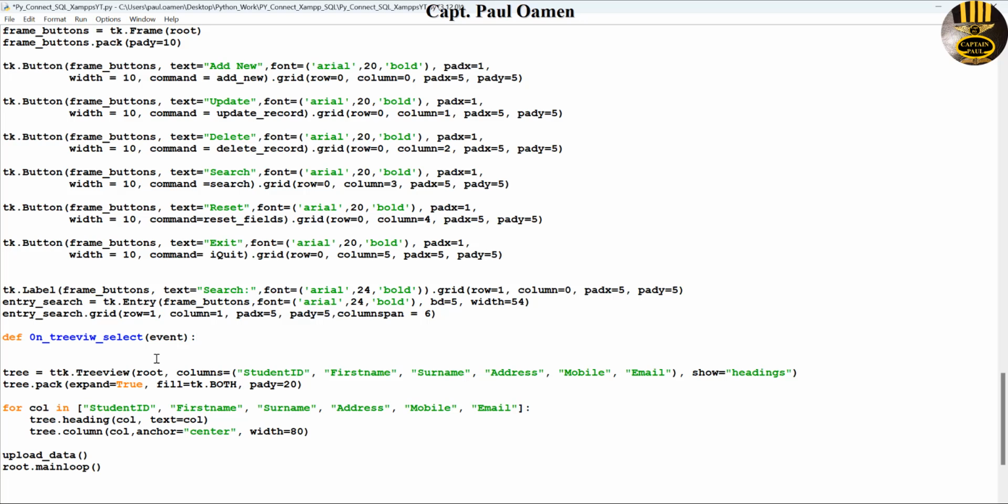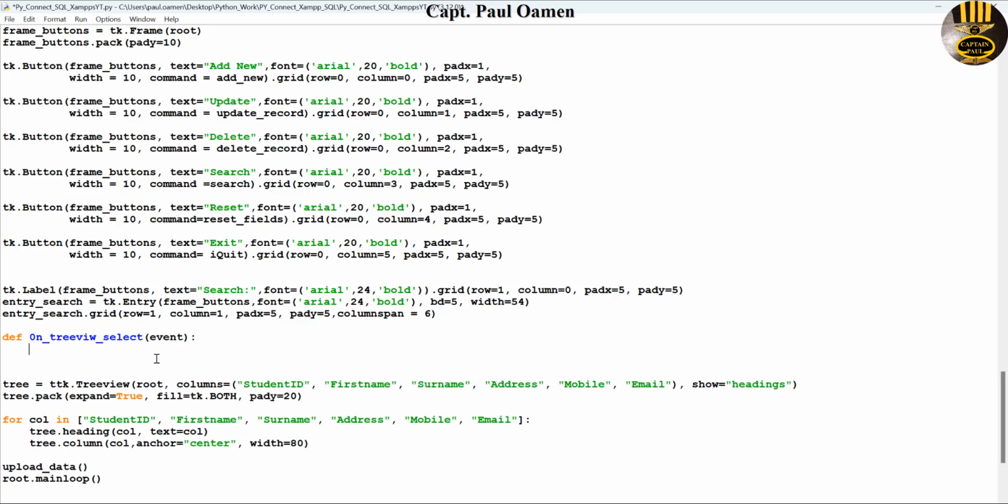So let's say select item equals tree dot selection. That should be a dot selection,